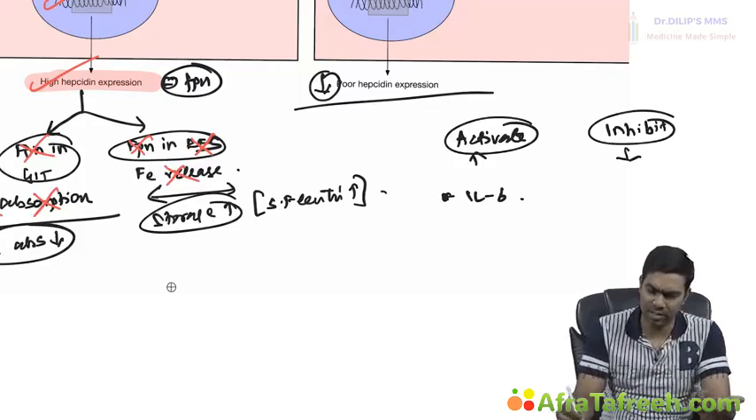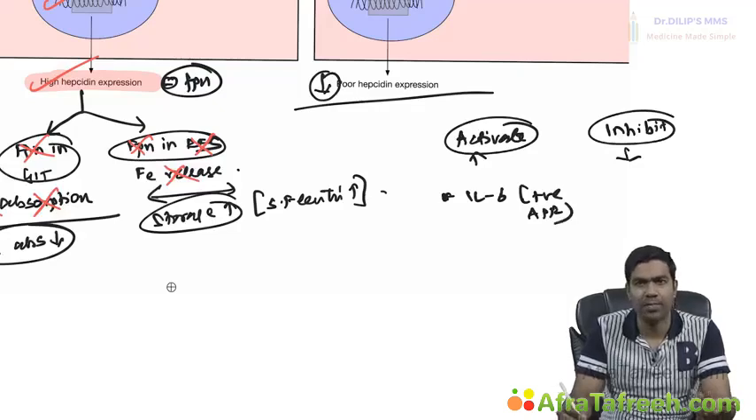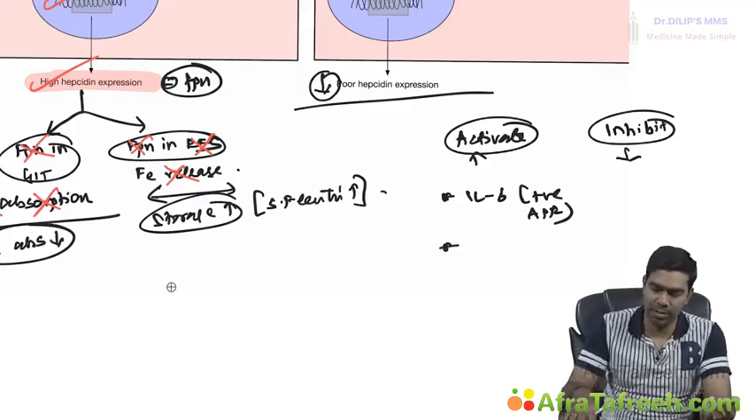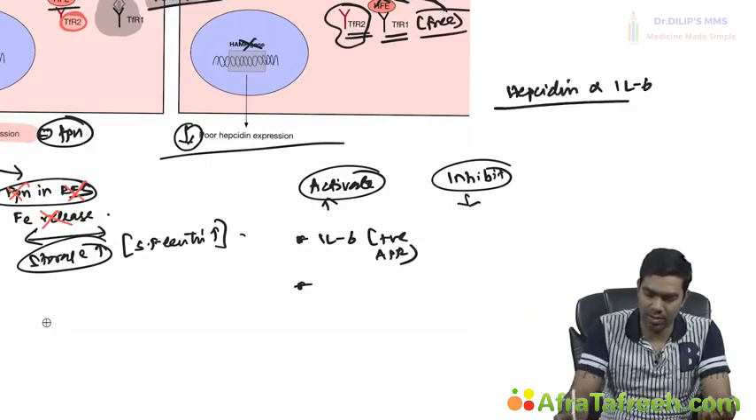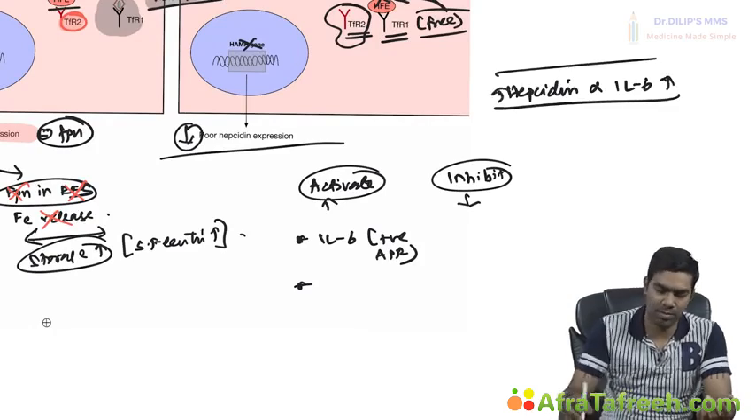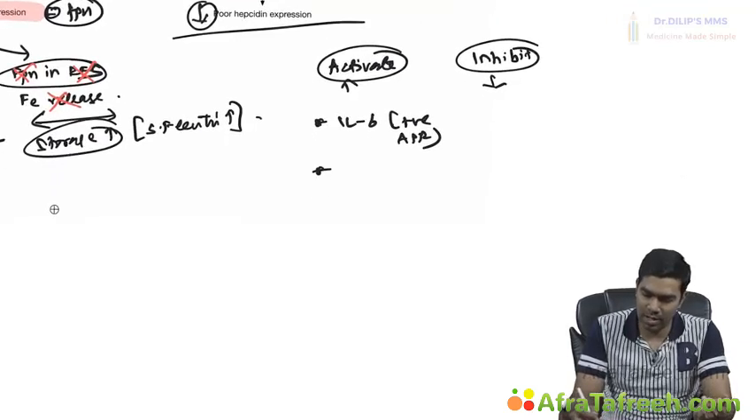Because I told you, interleukin 6 is a positive acute phase reactant. Similarly, hepcidin is also a positive acute phase reactant, so both will be increased. Again, if you ask me, hepcidin levels are directly proportional to interleukin 6 levels. So the more the interleukin 6, the more the hepcidin, because both are acute phase reactants, as simple as that. So next thing that can increase is your